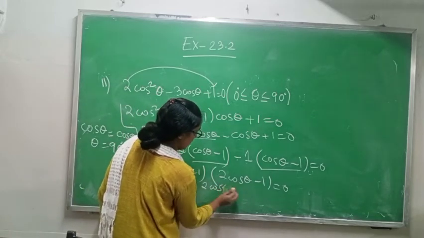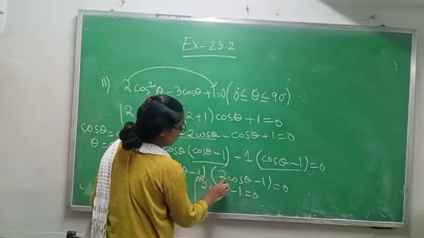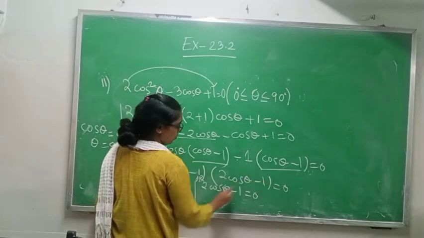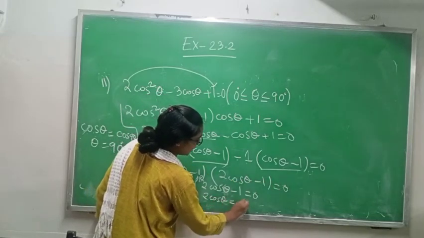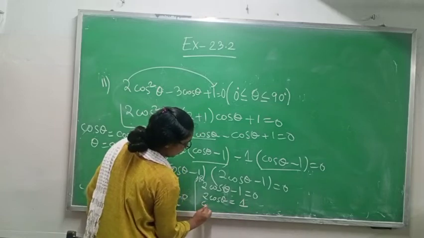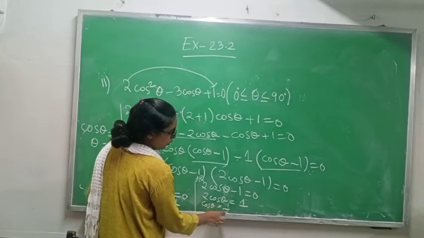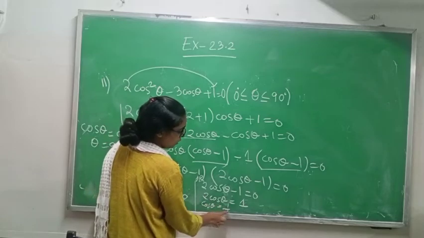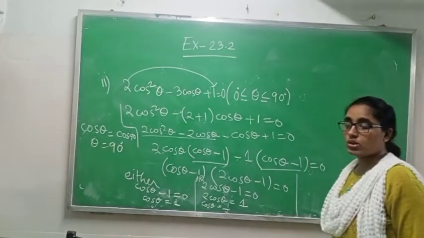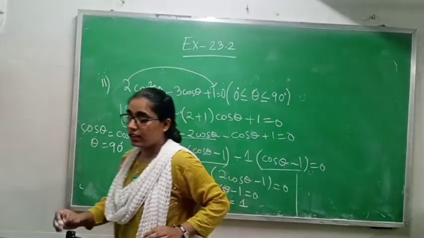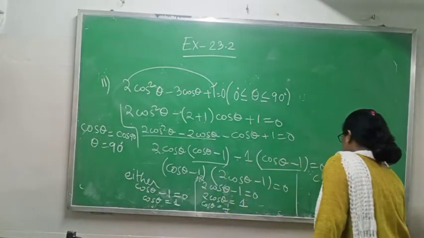2 cos theta minus 1 equals 0. Now the OR part. In the OR part what do you have? 2 cos theta minus 1 equals 0. Again, 2 cos theta, and minus 1 will come to this side and become plus 1. 2 will come down, so cos theta equals 1 by 2, cos theta equals half. When you have half as the value of cos theta, go to the chart and tell me, it is cos 60 degree. So in place of half, write cos theta.